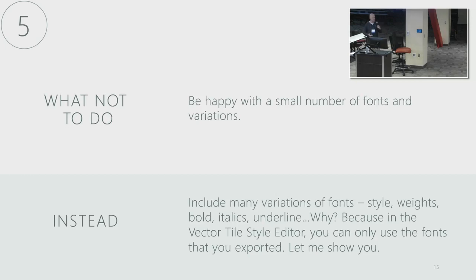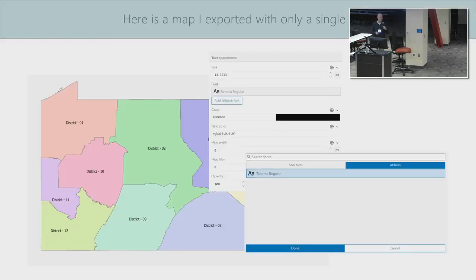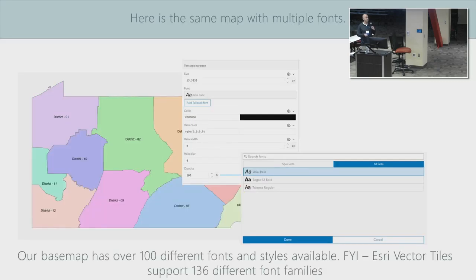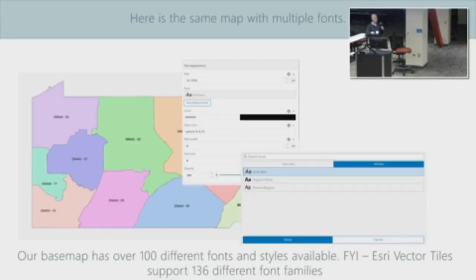No, because once I got it in there, and I'm not a great cartographer, when I showed this to other people, they're like, well, this font should be a lighter font or italics, and this should be bold, all sorts of stuff. I just published this one really quick yesterday, just for display. I published a map with just one font, all labeled with that one font. Whatever. That's the font. And as you can see, when I try to change the font, that's all I have available. And I just really quickly added a couple more fonts to it. And as you can see, all those fonts showed up.